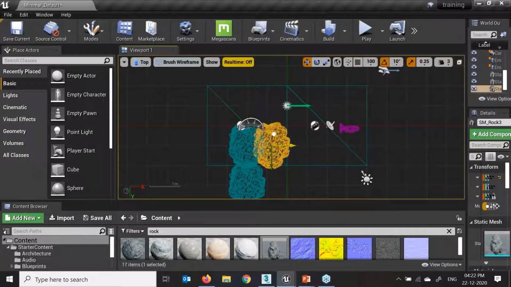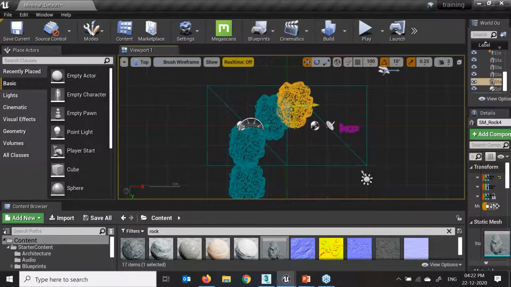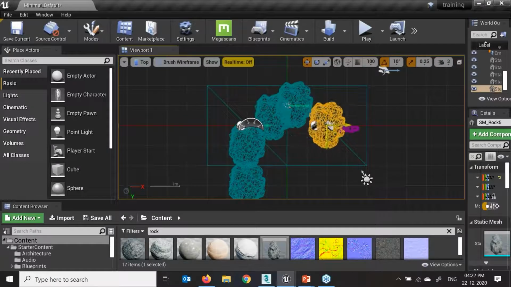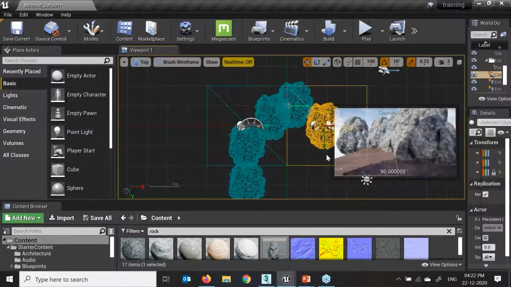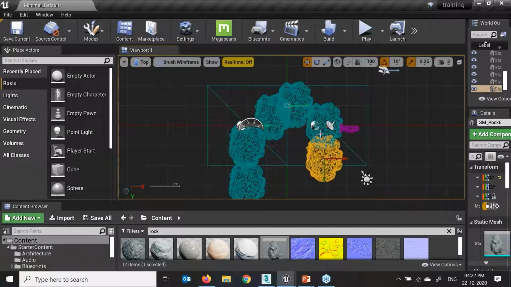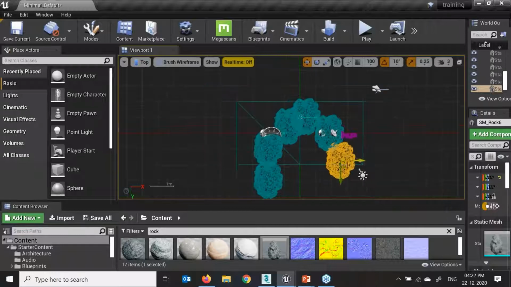I do not require the snap to this object, right? Alt and just drag this. Alt and drag this. Alt and drag.